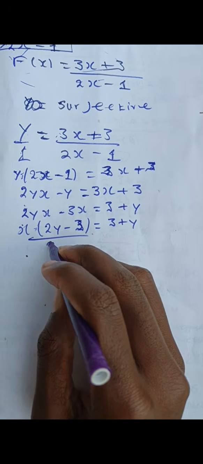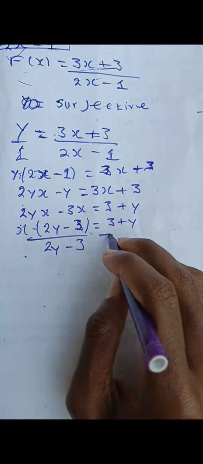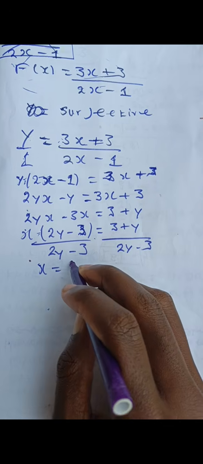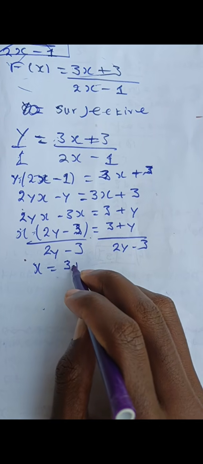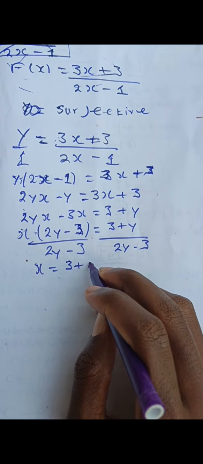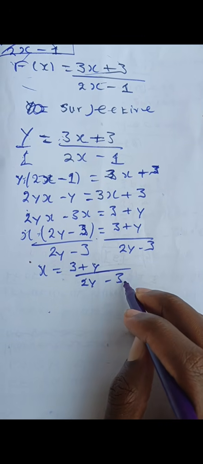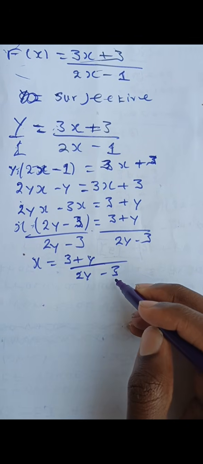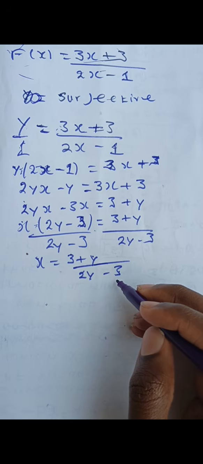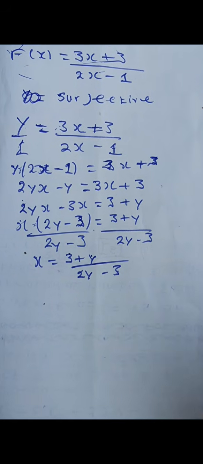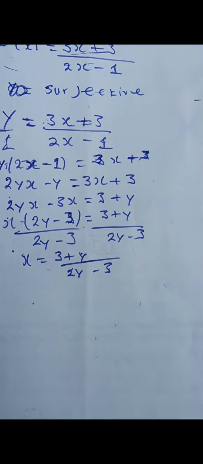So I'll say over 2y minus 3 over 2y minus 3. X is equal to 3 plus y over 2y minus 3. Makes sense, right? So now, when concluding that the inverse is this, here's what